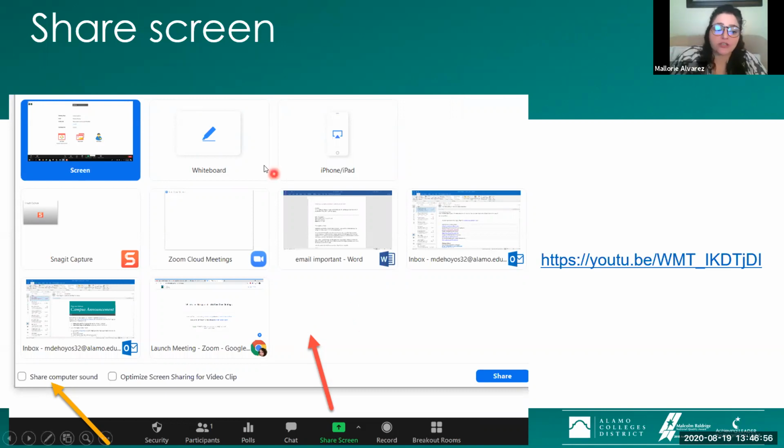And again, if you just choose to click screen, then that means you're going to see the whole screen. Right now, I have my screen being shared. So whenever you see me transition from my PowerPoint to YouTube, you see that live time. You see my desktop. If I were to minimize everything, you could see all my little icons and my images on my desktop because I'm sharing my screen right now.